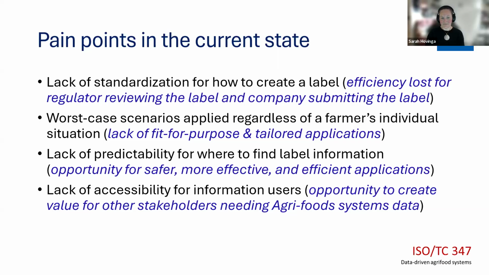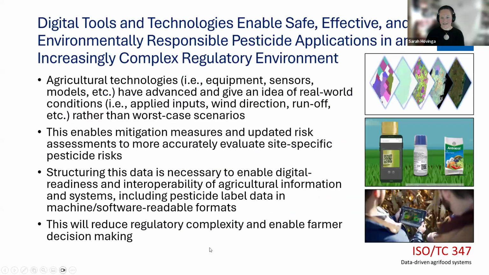And then there's lots of interest these days, which is great, in terms of how food is grown and different ways that different stakeholders might need to use this pesticide label information. But in a paper-based system, there's really not that opportunity as efficient as it could be. So when we're really talking about the future of data-driven agri-food systems, trying to get that in a format where it's more interoperable between different systems is really the way to go. And this is really what we're aiming for.